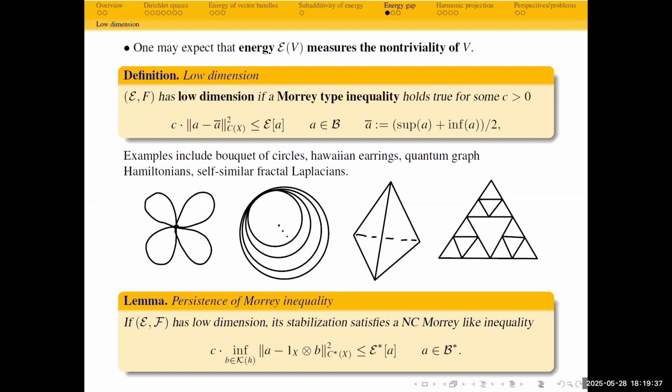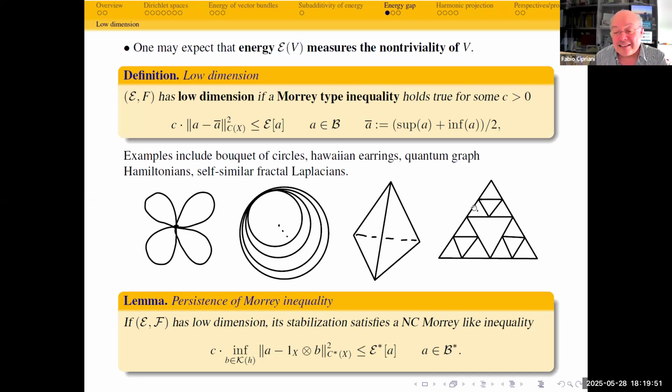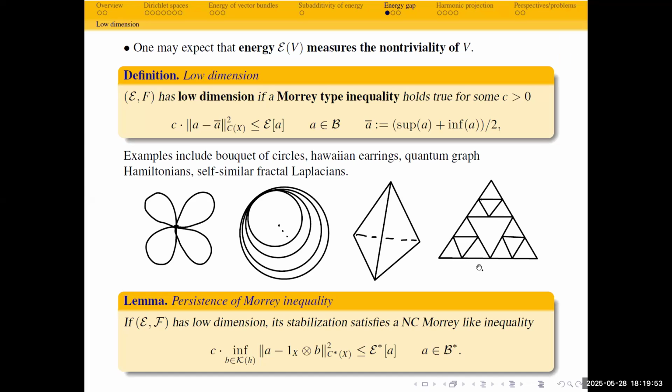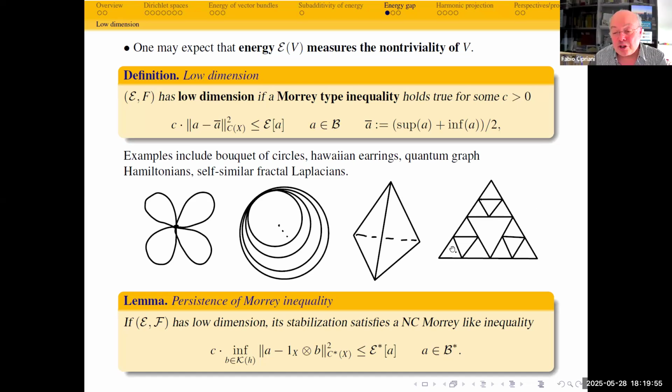For instance, in this example, we speak about different kinds of dimensions. For fractals, you can speak about Hausdorff dimension. For this other, you can speak about the Lebesgue dimension. As you can see, low dimension in some sense. This last picture suggests that